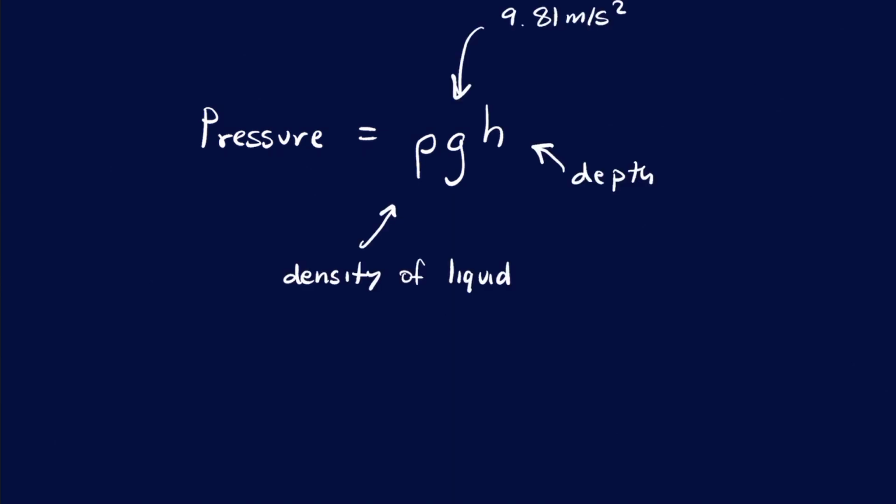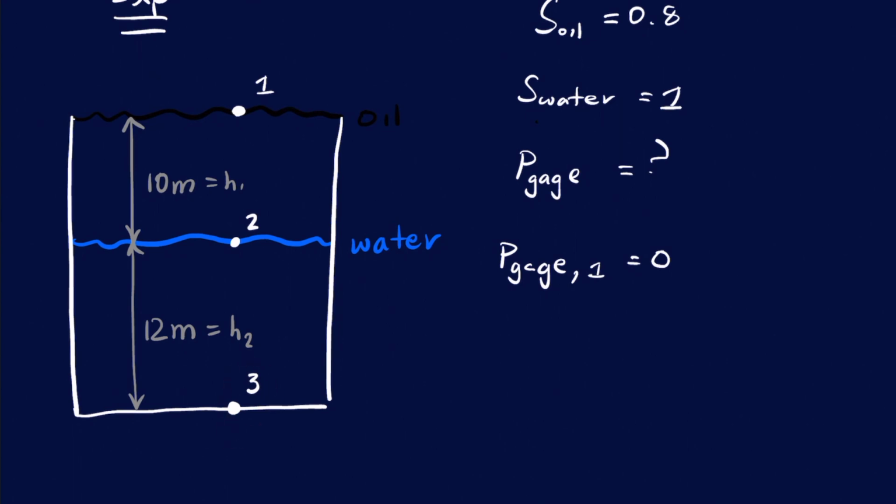The first thing that's important to remember when you're calculating pressure is that pressure equals the density of the liquid multiplied by the gravity constant multiplied by the depth. So the greater the depth, the greater the pressure, right? And that makes sense because the pressure at point 3 is going to be greater than the pressure at point 1. That's because there's all this liquid on top of point 3, so there has to be more pressure. So that means that the gauge pressure at point 2 is going to equal the pressure at point 1